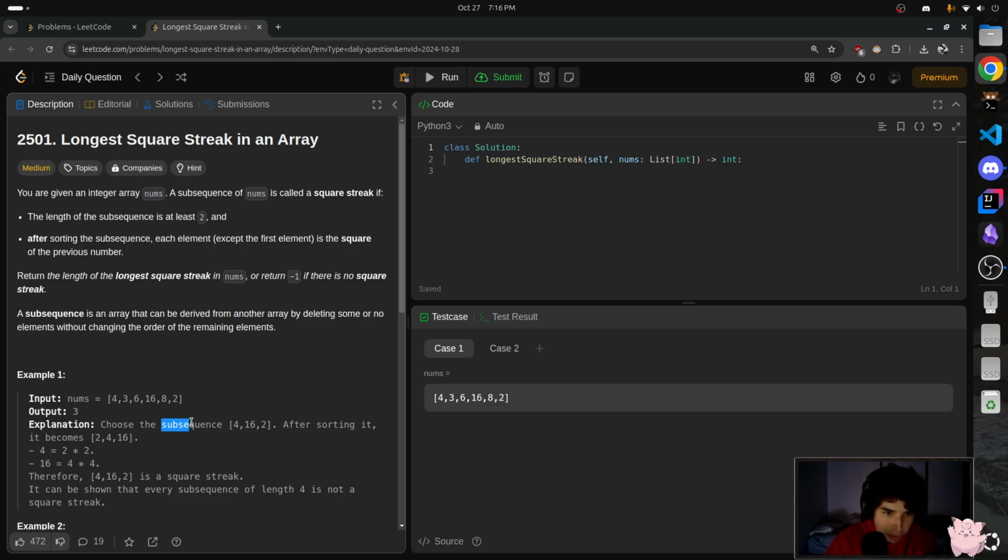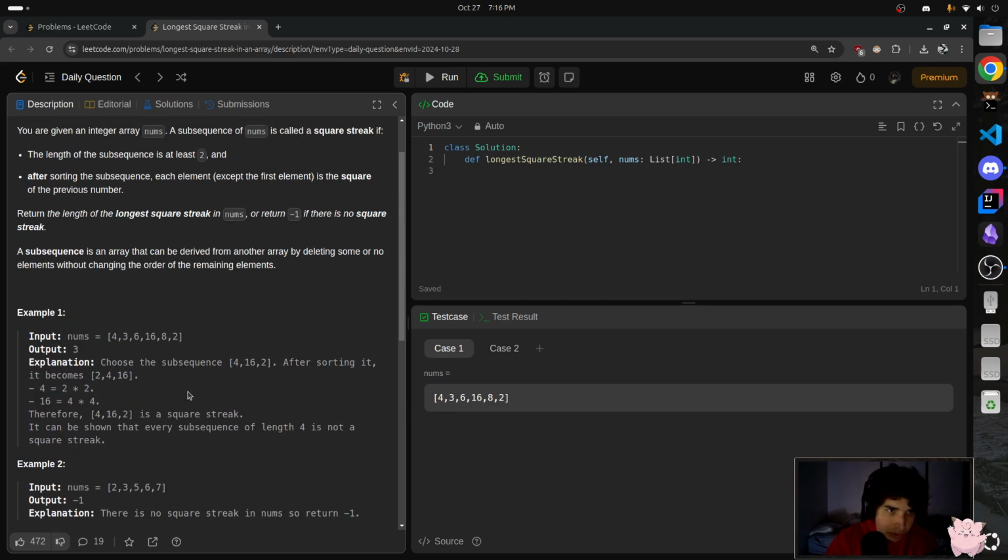Choose the subsequence. 4, 16, 2. It can be shown that every subsequence of length 4